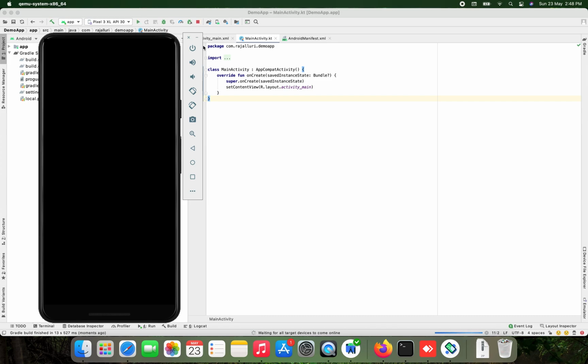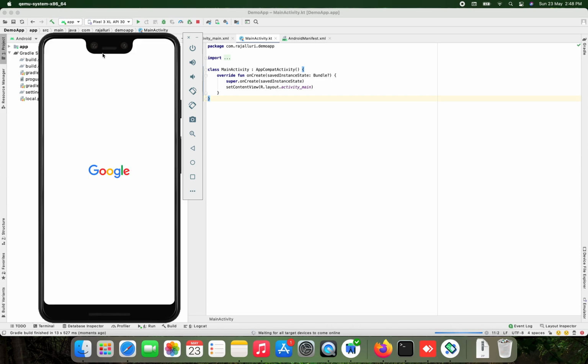Now it has started the emulator. Sometimes it takes more time based on your PC configuration, hardware configuration, and processor.